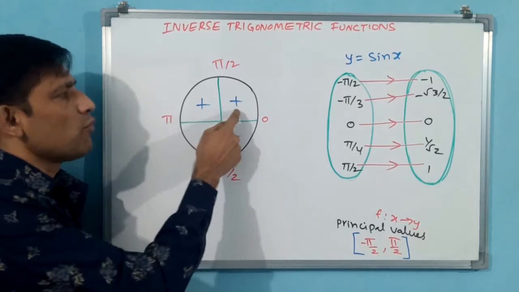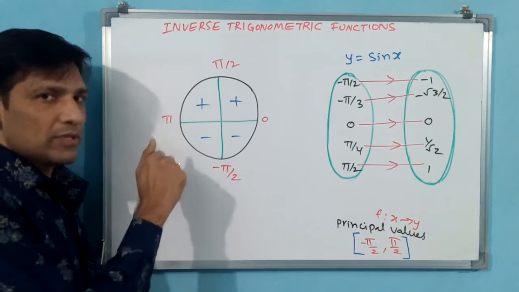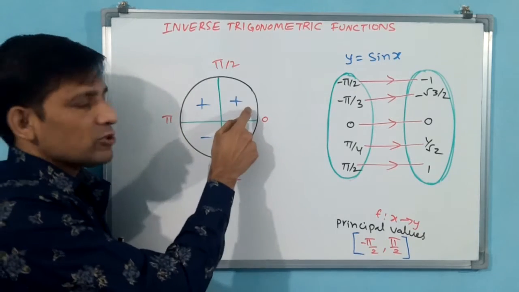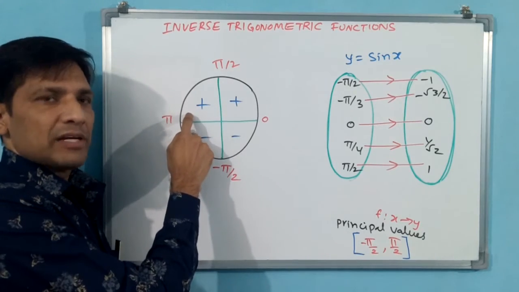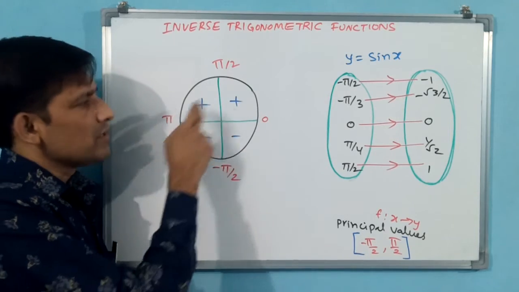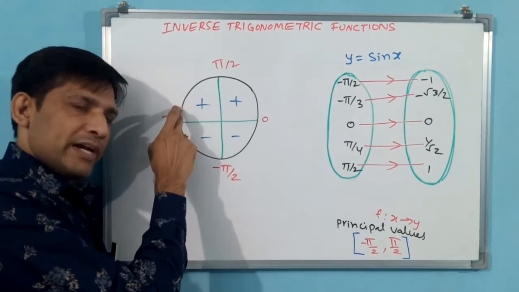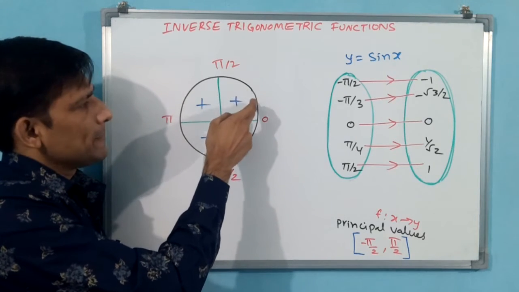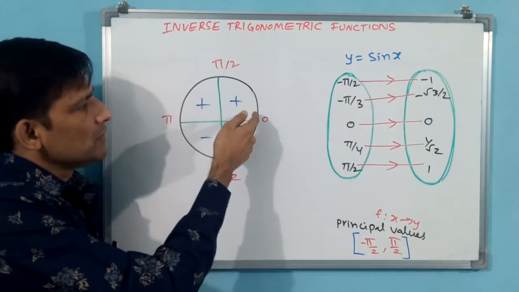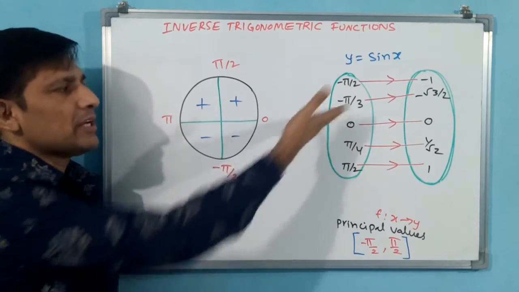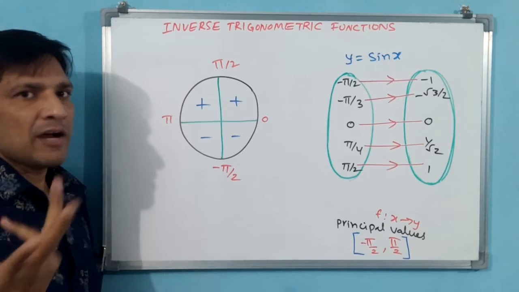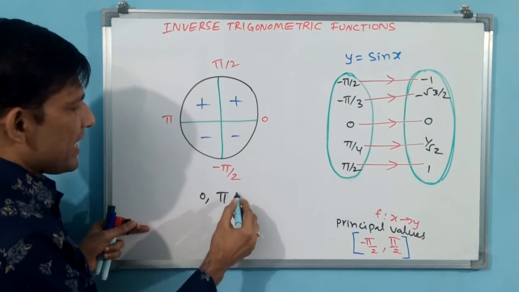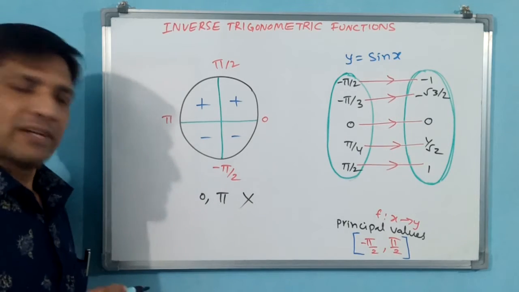Definitely not. Why? Because see, both are positive. If you take 0 to pi, automatically here also a positive angle will come, here also a positive angle will come. That means 0 and 0 again is going to come, plus 1 by root 2, plus 1 by root 2 again going to come, and root 3 by 2, root 3 by 2, 1 by 2, 1 by 2 again and again going to come. That means it is going to become a many-one function, not a one-one function. That is why we cannot take 0 to pi as the first option.